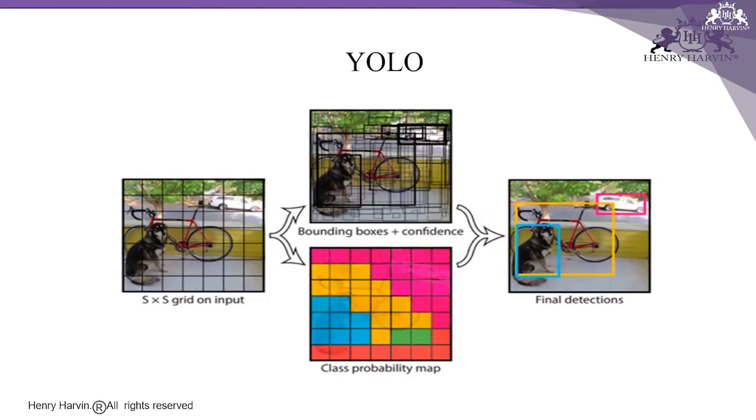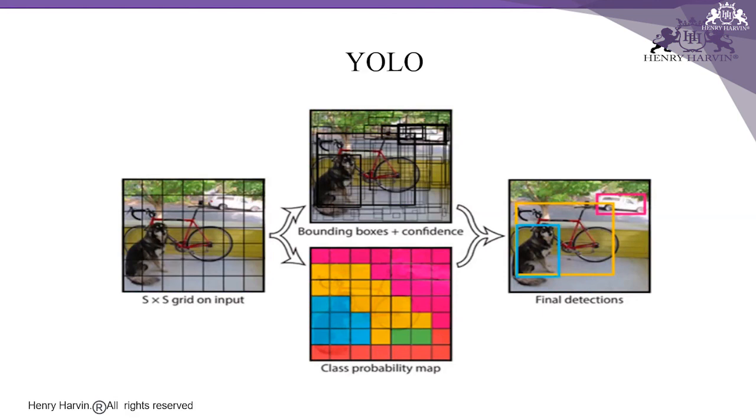Because YOLO is popular because it achieves high accuracy, and also it is able to run in real time, right? So what it does is look at the image, and in the sense that it requires only one forward propagation pass through the neural network to make predictions. So after non-max suppression, which makes sure the object detection algorithm only detects each object once, it then outputs recognized objects together with the bounding boxes. So with YOLO, a single CNN simultaneously predicts multiple bounding boxes and class probabilities. So YOLO trains on full images and directly optimizes detection performance.